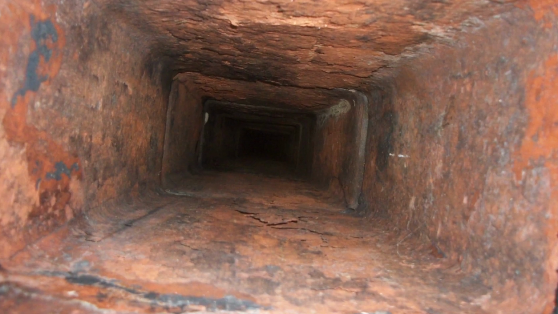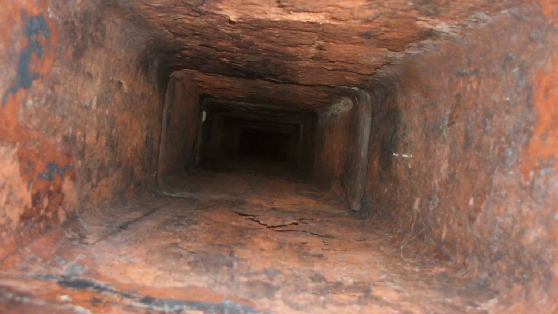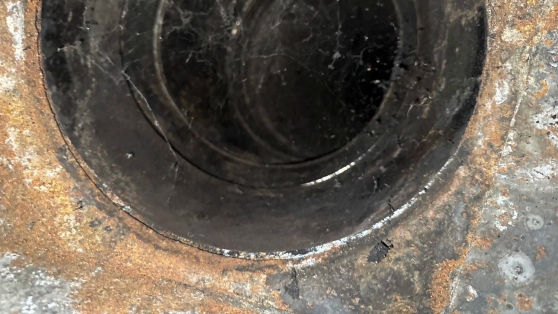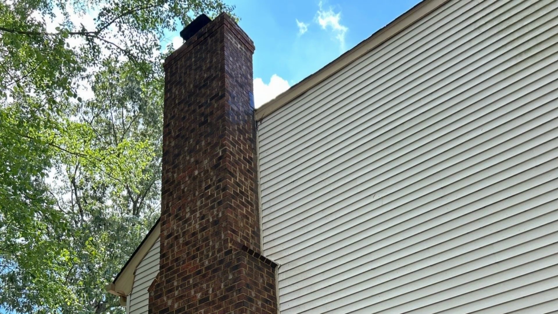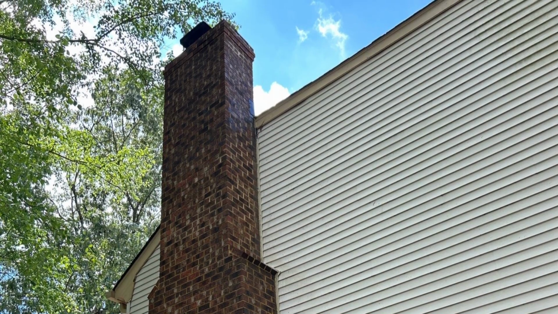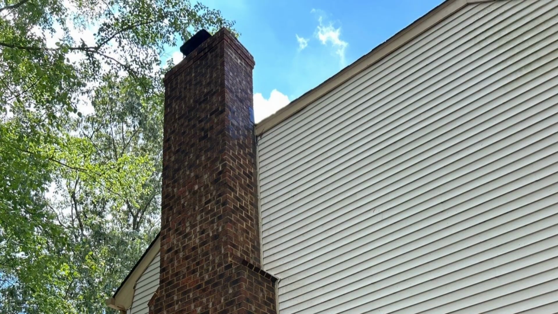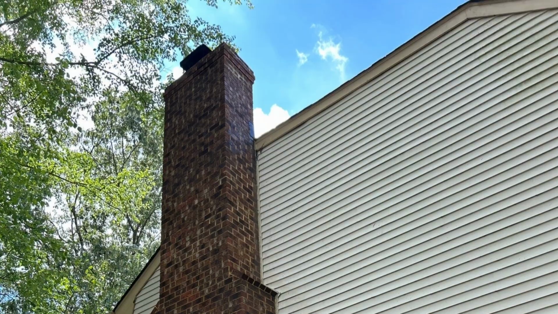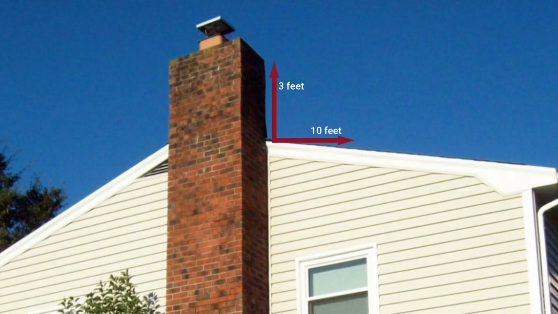In other words, height helps draft only if the flue stays warm enough to sustain upward flow. If the gases cool too much, even a tall chimney can draft poorly. Chimney height is also regulated for reasons of wind behavior and fire safety through what is known as the 3-2-10 rule. This rule requires that the chimney extend at least 3 feet above the point where it penetrates the roof, and that the top of the chimney be at least 2 feet higher than any part of the building within a 10-foot horizontal distance. This height requirement helps place the chimney termination in a clean airflow zone above the turbulence